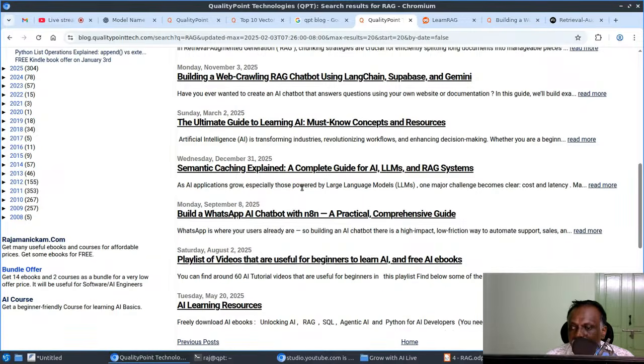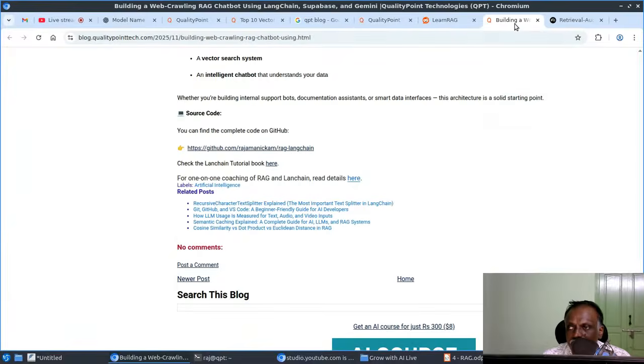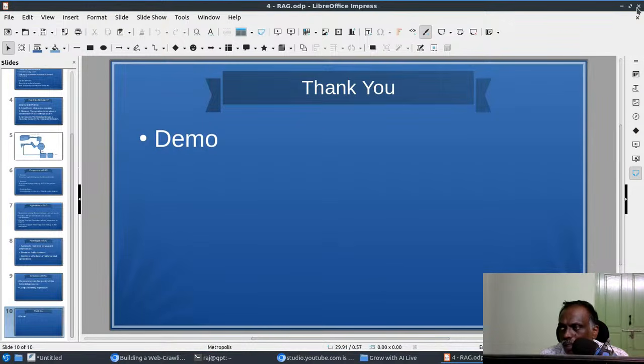Semantic caching. Normally we know about caching, right? But in the AI world, it is completely different. For example, in RAG, as I said earlier, it is computationally expensive, right? It has to do the vector search and LLM generation. So in that case, instead of doing everything,